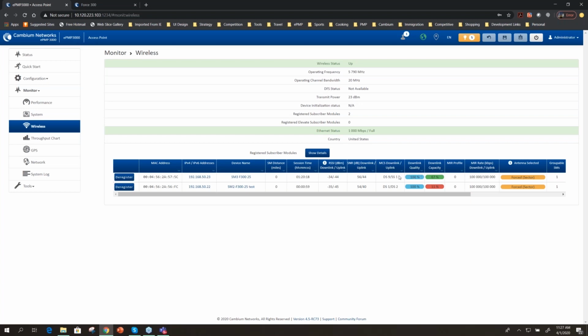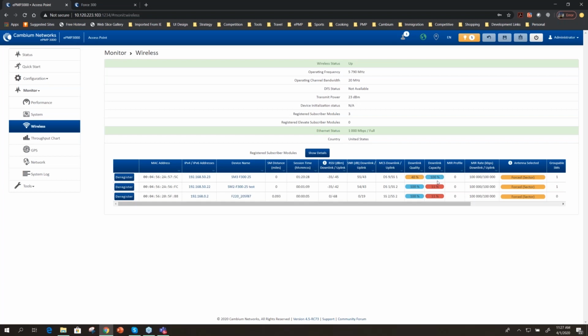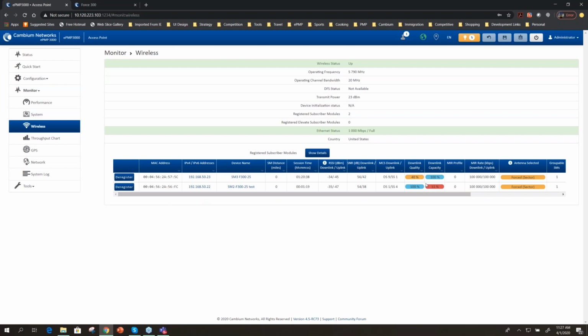So if DS9 is 100%, then right now you're running at a lower percentage. I have some SMs going in and out, by the way. This is in an office environment. And the link quality represents the amount of retransmissions happening. So these are also parameters that you can use in conjunction with your MCS, your SNR and RSSI to evaluate the health of the network. And anything you can do to move things up towards a higher number is good for you.